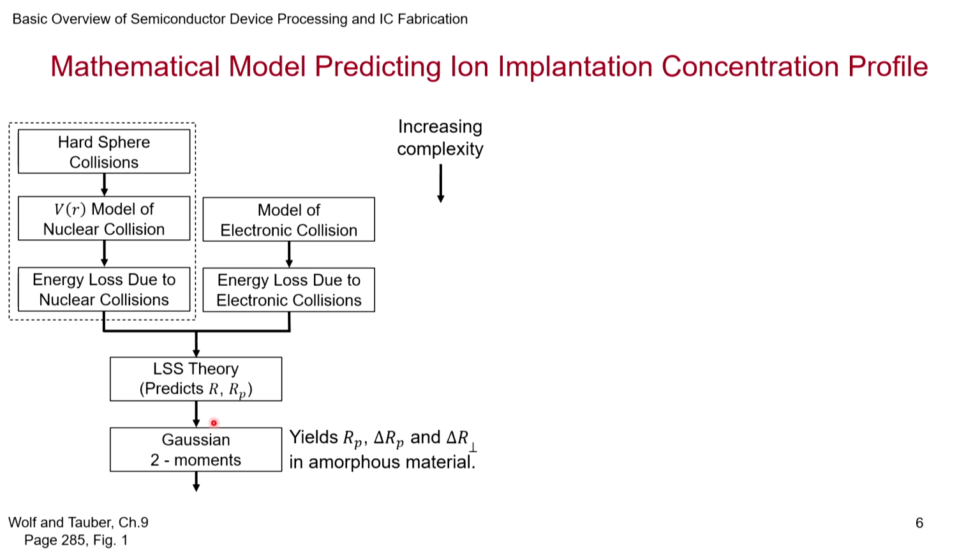And based on that, they assume of course a Gaussian model. It is assumed that it is a random process, and eventually it ends up becoming a Gaussian because of randomness, and they try to model this. It is essentially a 2 moments model, that is, one is the mean and another is the standard deviation or the variance, whichever one you are wanting to consider. So, this yields Rp, delta Rp, longitudinal straggle, and also the lateral straggle, because it is not just in the direction of the ion that it is coming in that you are going to get a variation in the movement, but also it is going to go on the sides, either left or right, top or bottom, whatever.